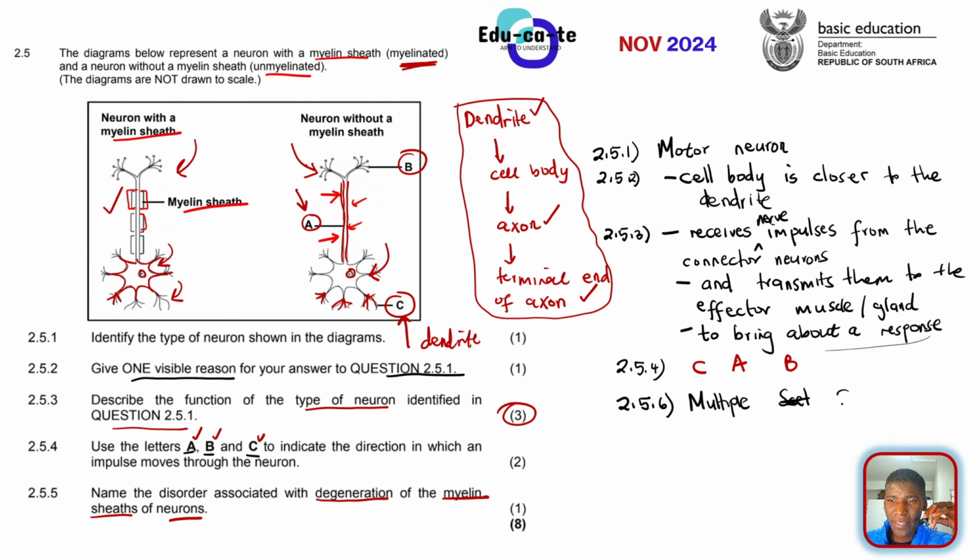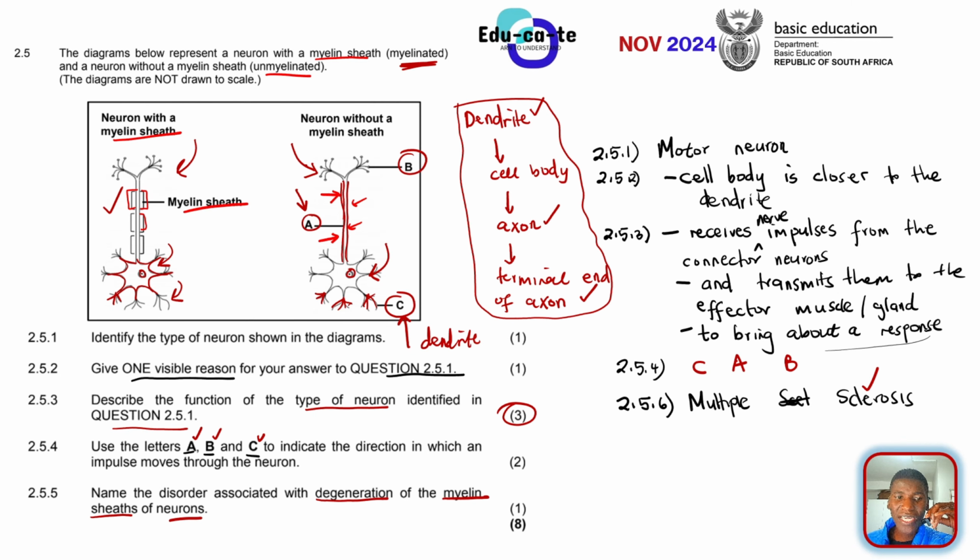So multiple sclerosis is the condition that results when the myelin sheath is being damaged or is degenerating. It just means that the impulses will start to move slower within the neuron. Because the function of the myelin sheath is to make them move faster, so that you can respond quicker to things. For example, if I call your name, and probably your myelin sheath is damaged, you probably respond to me after 2 minutes.